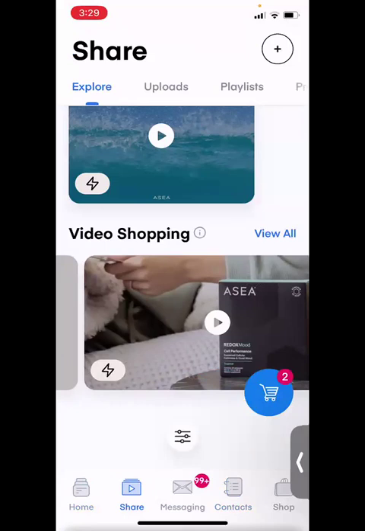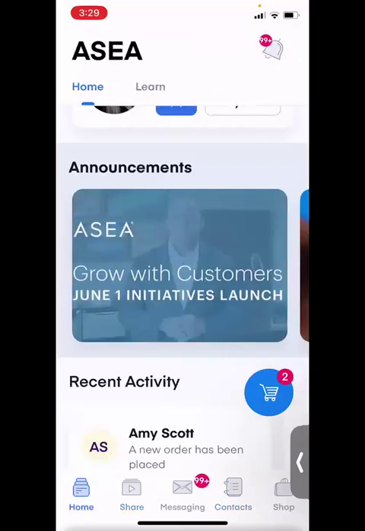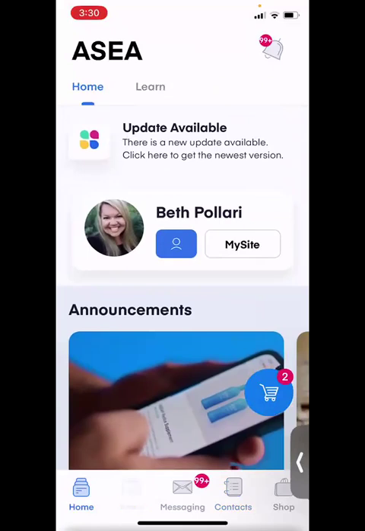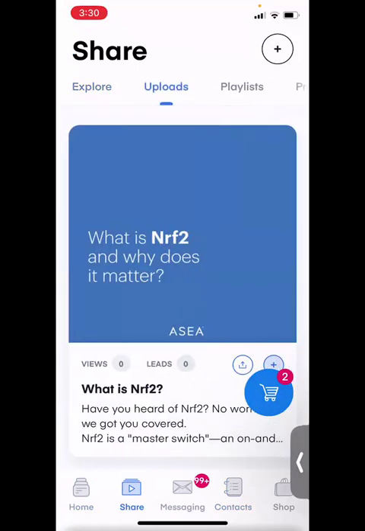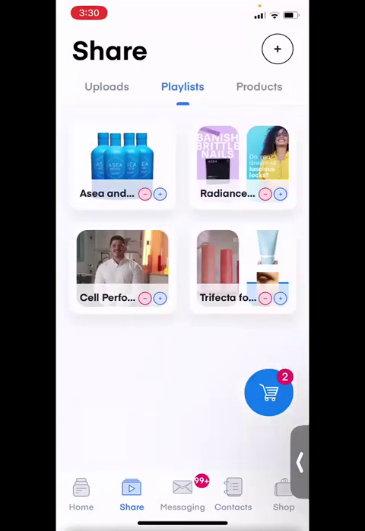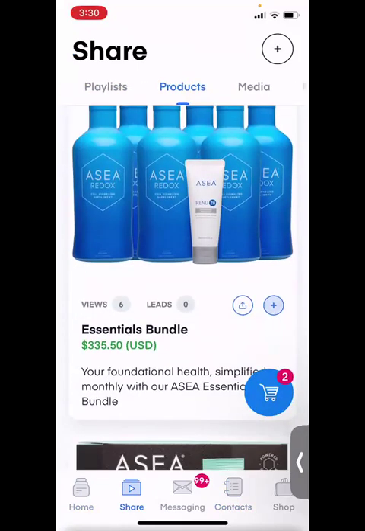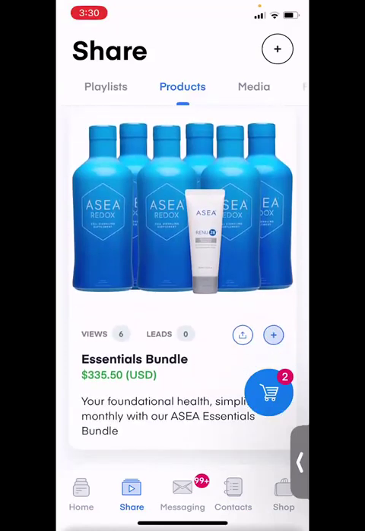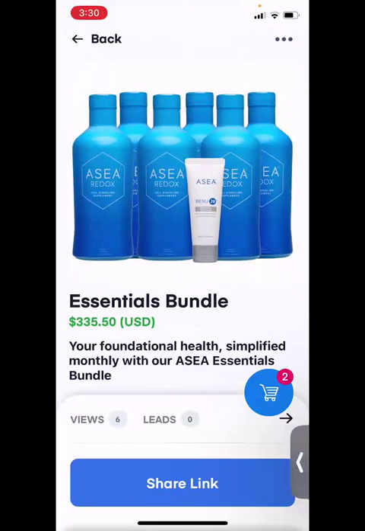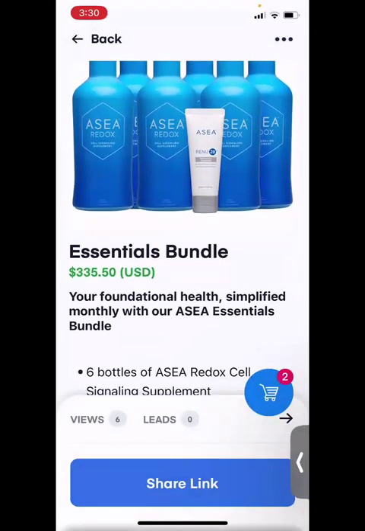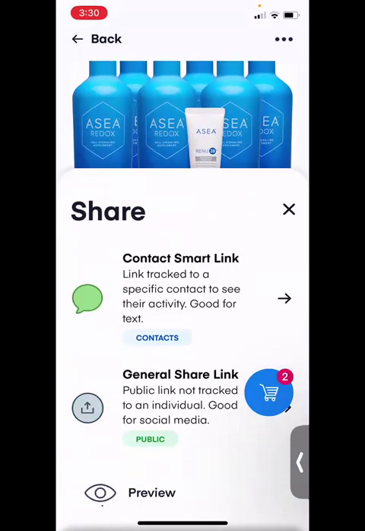It gets really easy. Basically the only thing you're going to use is your home button to build your page, your share, and then you can create up here little uploads of certain things you love or playlists or products, but that is pretty much it. And just remember the two ways you share them are by clicking on it. You can either use these three dots up above or the share link button. And if you were to text someone directly, you could use that contact smart link and it would be tracking their activity. I don't really use that a ton, but